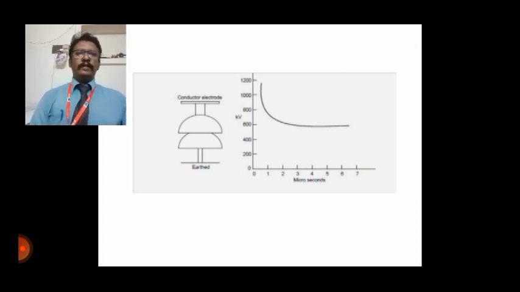Next, the time to flashover for a positive polarity is lower than that for the negative polarity, which normally happens in the arresters. Also, it is found that flashover voltage depends to some extent on the length of the lower rod. For low values of this length, there is a reasonable difference between the positive and negative flashover voltages. Usually, a length of 1.5 to 2 times the gap spacing is enough to reduce the difference to a reasonable amount. The gap setting is normally chosen in such a way that